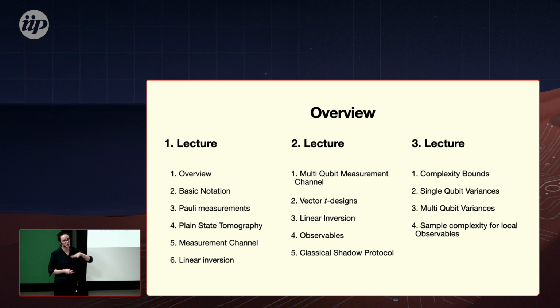Then we will quickly go over the single qubit Pauli measurements, why they're important and why they're very cool. Then I will quickly explain to you what one of the most plain state tomography protocols are and why they are not feasible for a higher number of qubits. And then from that go to the start of what classical shadows are, where we need to revisit what a measurement is. We will derive what the measurement channel is, and then we will do the linear inversion of the measurement channel. This is mostly for 1 qubit.